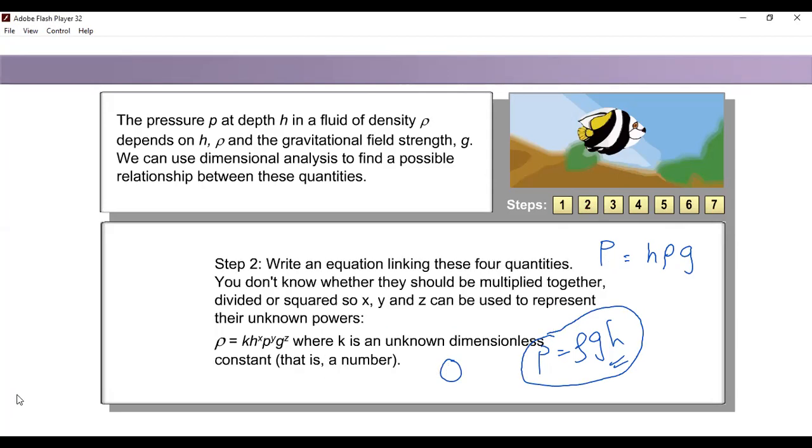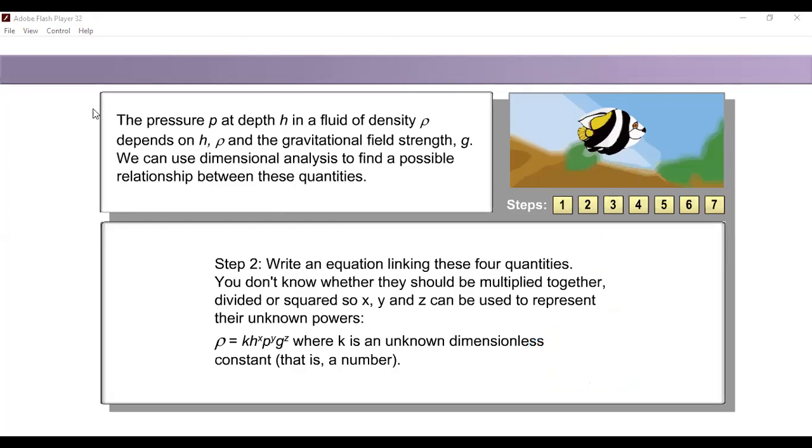Okay, starting step 2. Just now, who asked the question? Okay, Jia Wei. Jia Wei, the question said that the equation of P, the pressure, is related to H, rho, and G. But how is the equation? We don't know. So how is z related? We don't know. So what we need to write is,